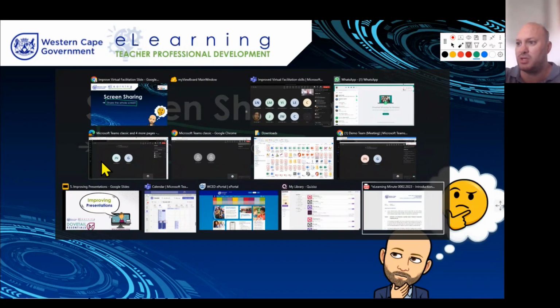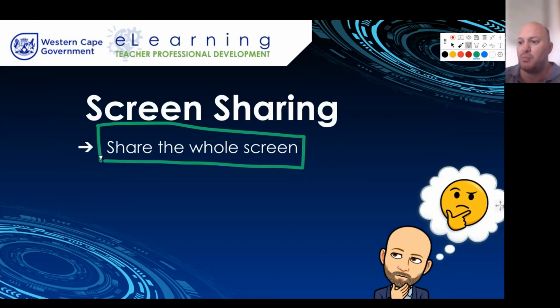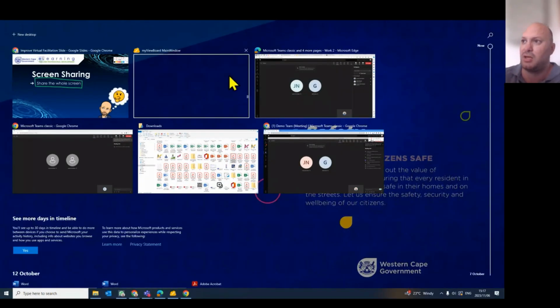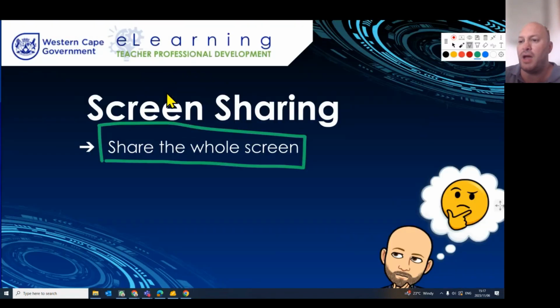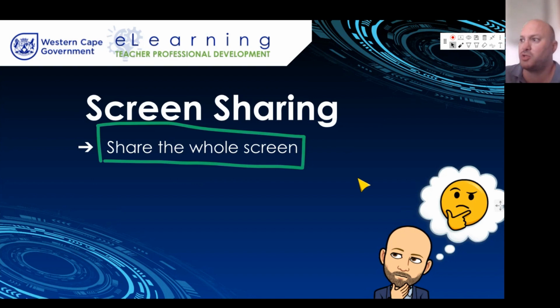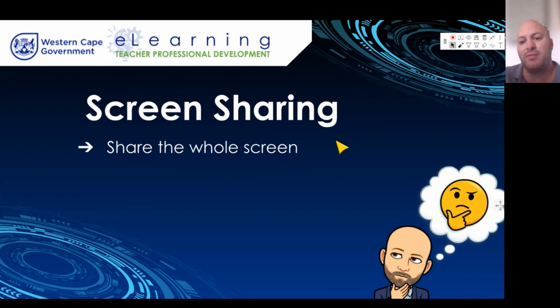So I can switch between these different tools quickly and easily should I need to. But there's another trick that you can use using your start menu and the tab button that does kind of the same thing. The idea behind that is, again, the seamless transition between different tools, opening up these tools and transitioning between them seamlessly. I don't want to spend too much time on sharing the whole screen because that's, in a way, the easiest way of doing it. Well, not kind of, it is very much the easiest way of doing it,